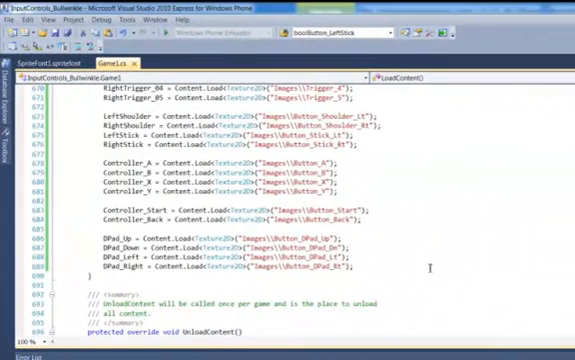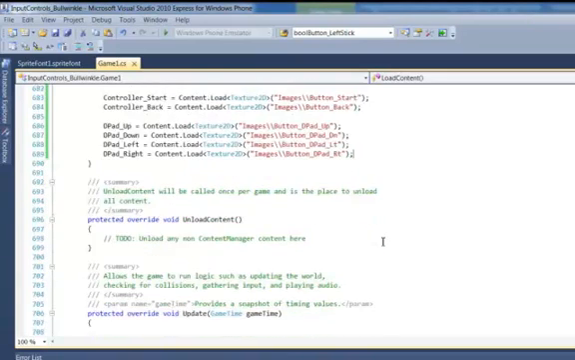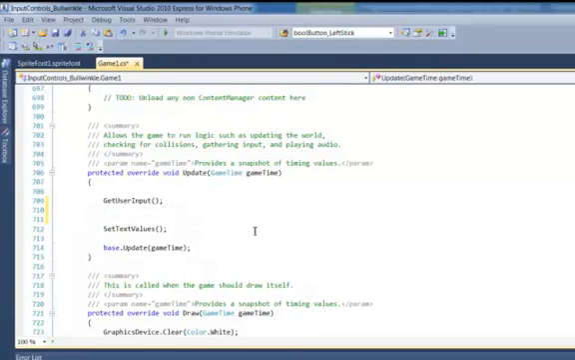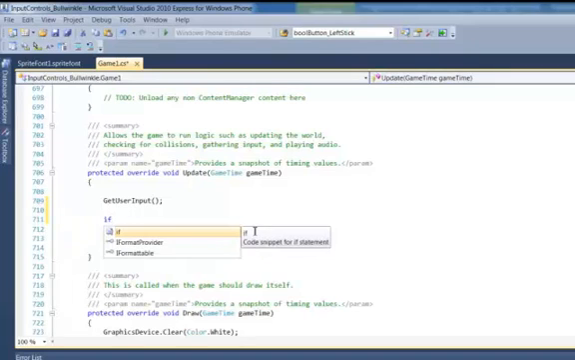So now we're going to start adding some of the code that we need, some of the logic to deal with the input from the game controller buttons and whatnot. So we're going to come down here to the update method and add a conditional. That's an if statement. So we're going to say if, and then open paren,